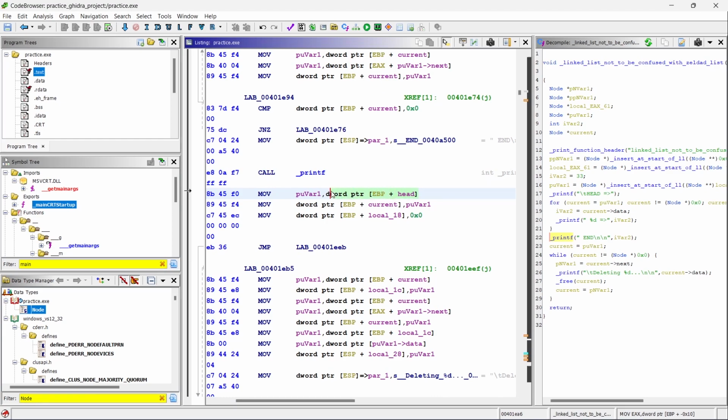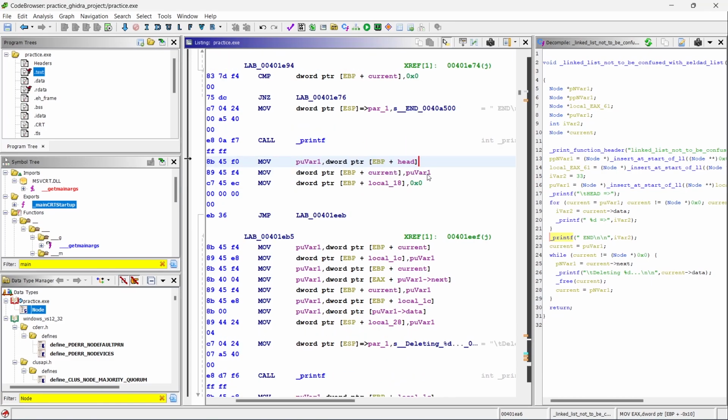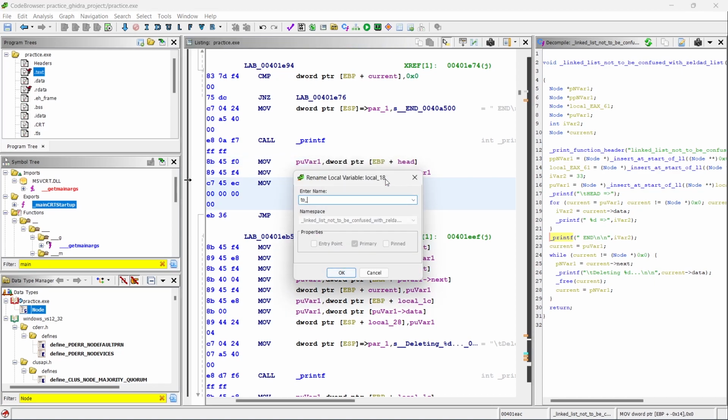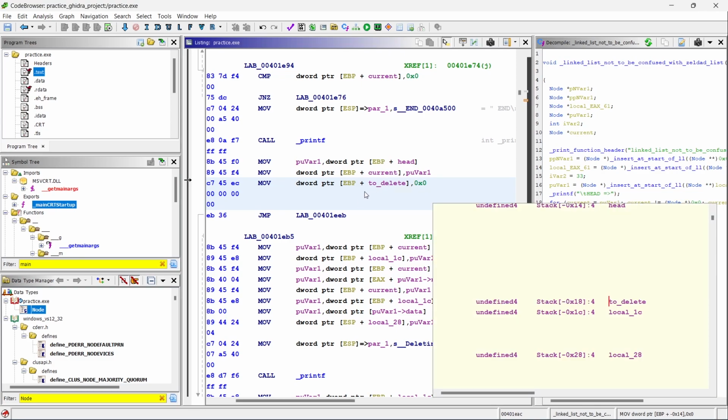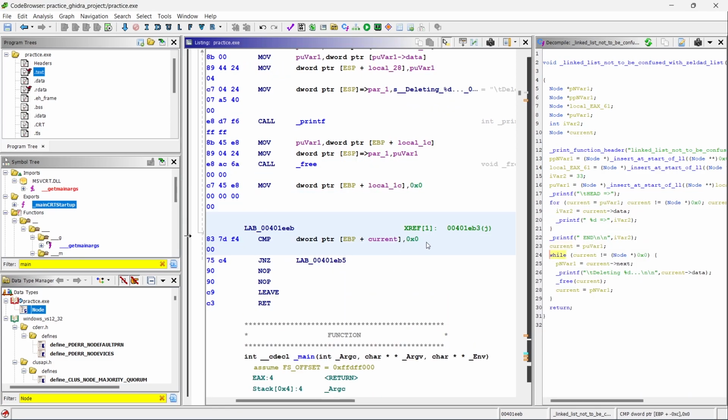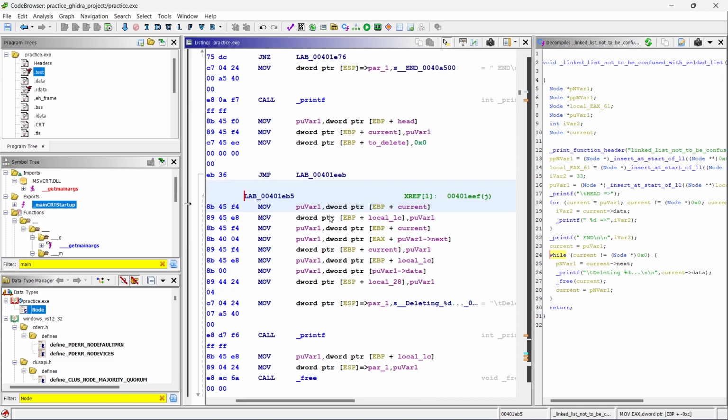So we are, let's see, right after the printf to end here, we move head into pu var1, we move pu var1 to current, and then we move 0 into local 18. That's going to be our toDelete right there. And then we jump into our loop, make sure current's not null. As long as it's not null, we'll go up here. We'll move current into this temporary variable